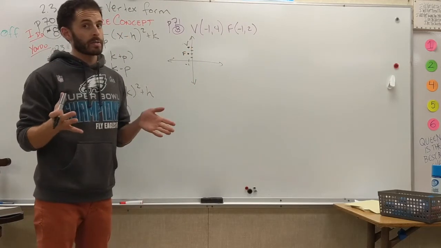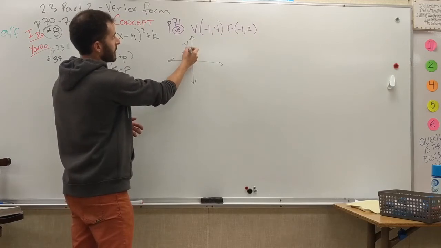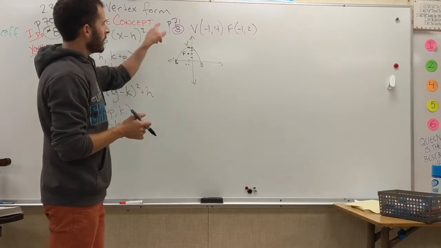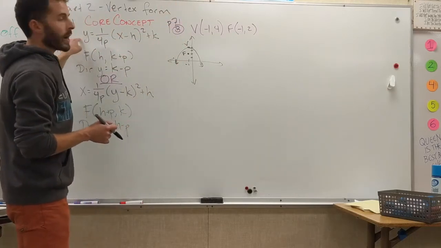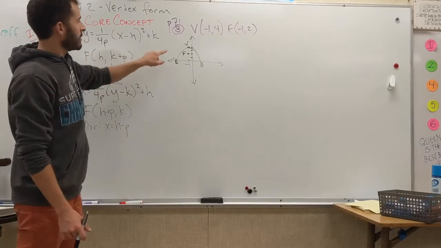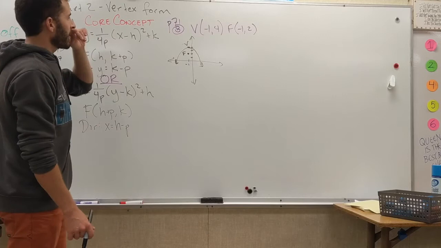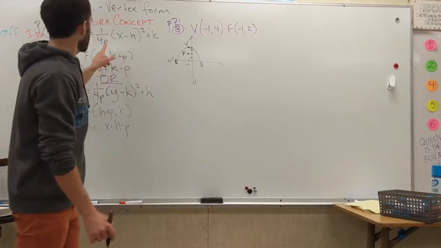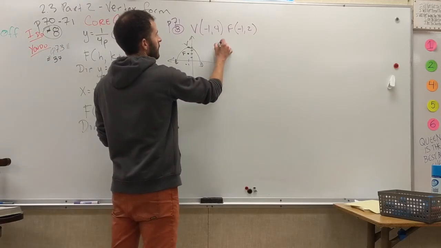Now, you've practiced for the last couple days, and you know that the focus is inside the parabola, so the parabola is going to go down like this, which means if it's up or down, it's going to be a y equals, and since it's facing down, we're going to have a negative outside. Now, the thing that you need to know is that P is the distance